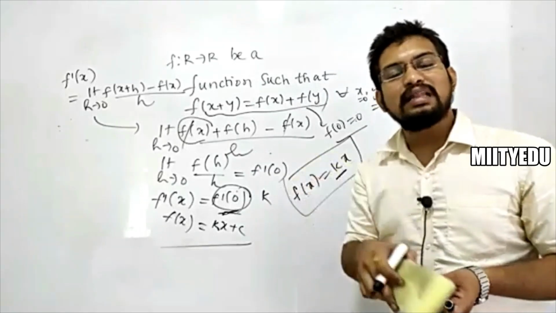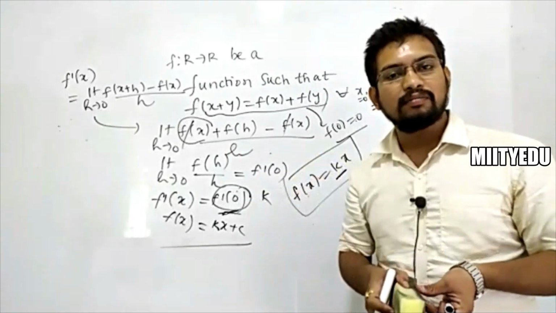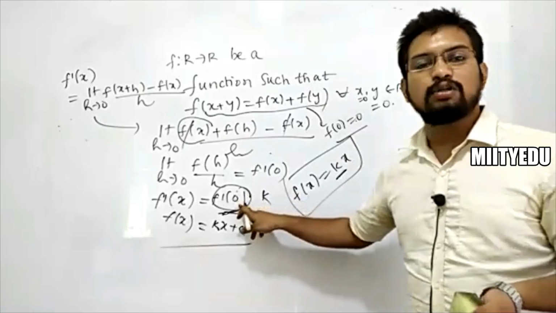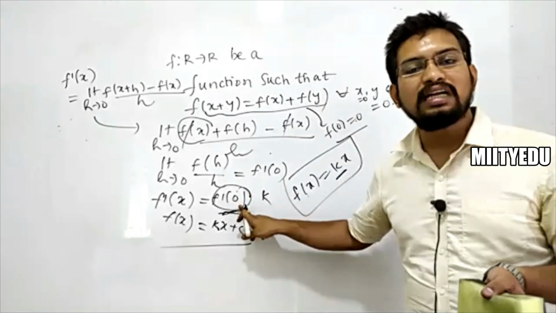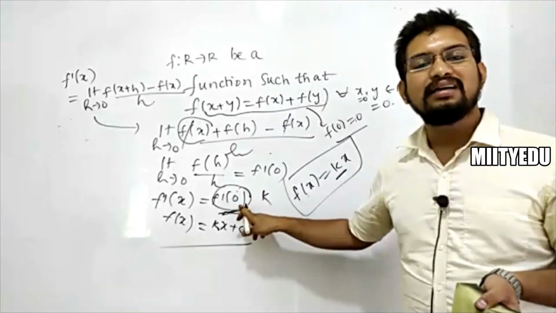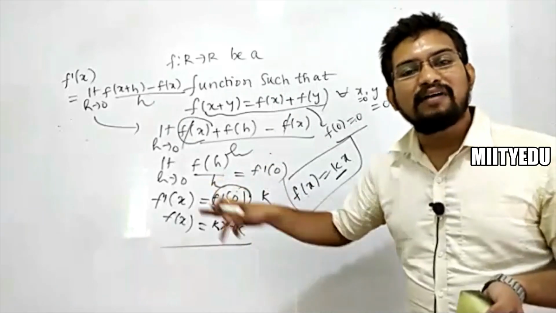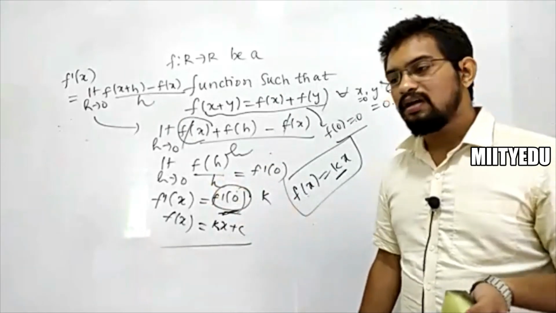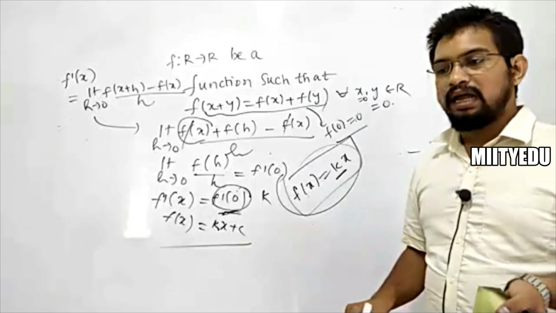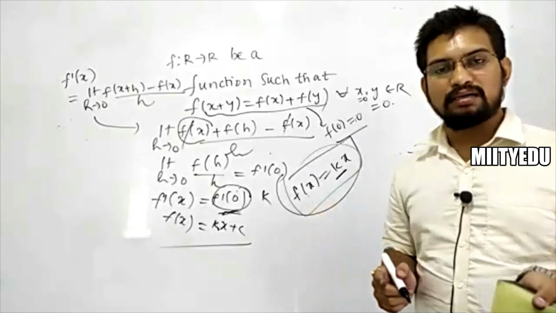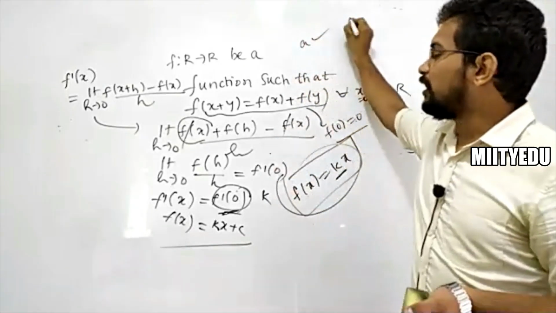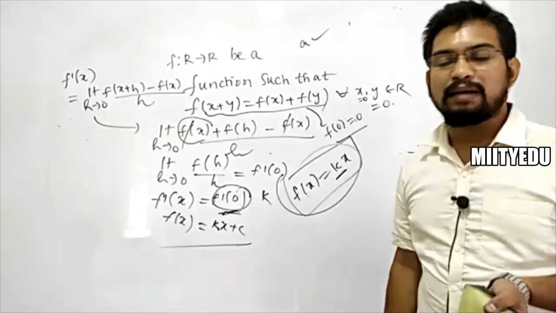Without continuity, we cannot talk about differentiability. Now you are writing f dash 0. What does that mean? That means first the function has to be continuous at x is equal to 0. Then this will exist. So option A is right. Most of you have answered this. Option A is right, absolutely right.